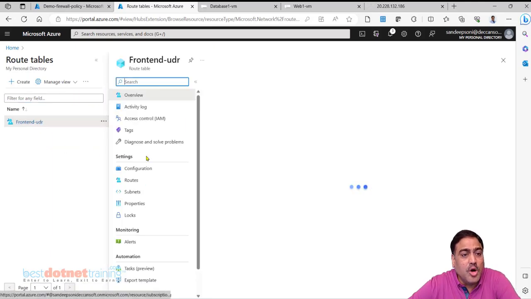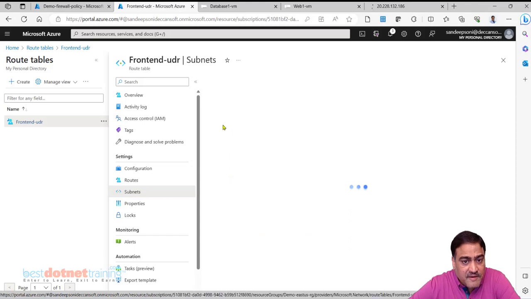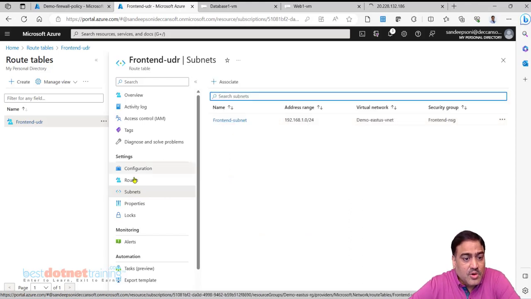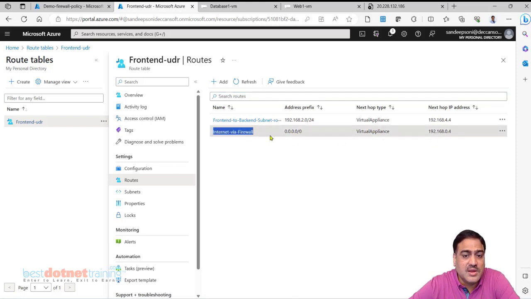I am routing outbound traffic of all the VMs in the subnet, front end subnet, to go via firewall. This is the culprit. Not a culprit, this is the protector actually.